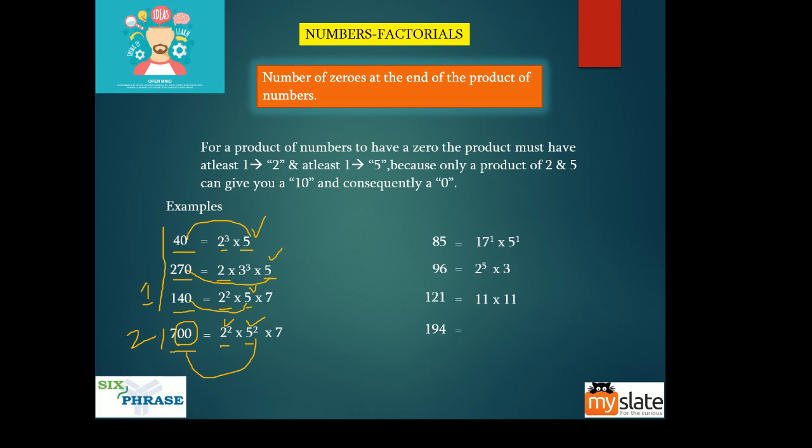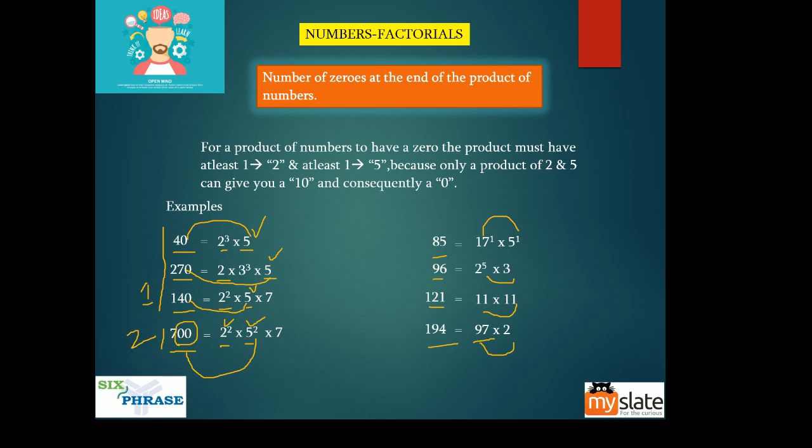What is interesting about these numbers? Did you note it? Yes, they don't have any zeros. Do you find a 2 and a 5 combination here? You will never find a 2 and a 5 combination here, guys. 97 is a prime number. You cannot subdivide it into factors. So don't think that I just put 97 there. 97 is a prime number.